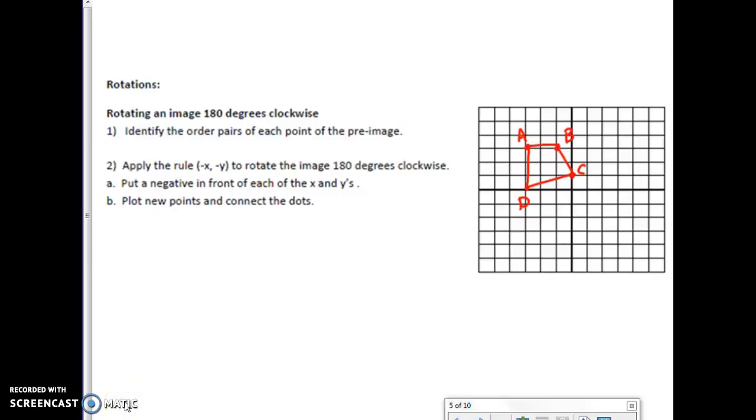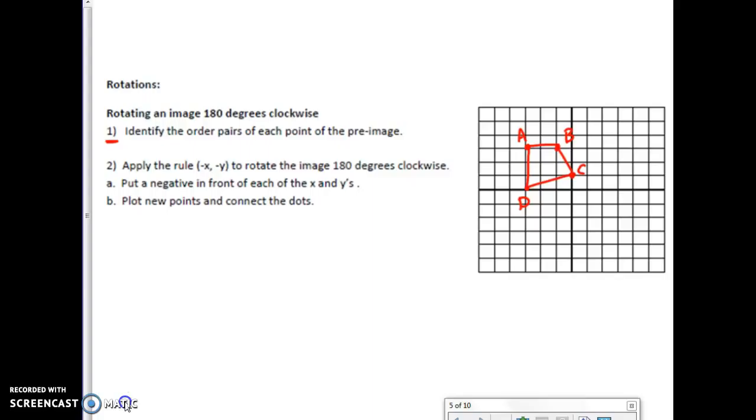Okay, guys. So we've talked about reflections. Now we want to just review the idea of rotations, and we want to rotate something 180 degrees clockwise. So the first thing we want to do, step one, is to identify the ordered pairs of each point